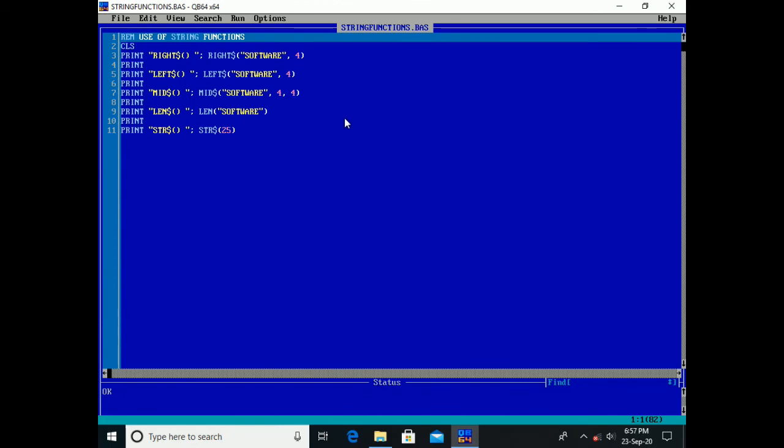So now let us see the use of string functions. First one is the RIGHT function. This function returns the specified number of characters from the rightmost side of the string. Next one is the LEFT function. This function returns the specified number of characters from the leftmost side of the string.